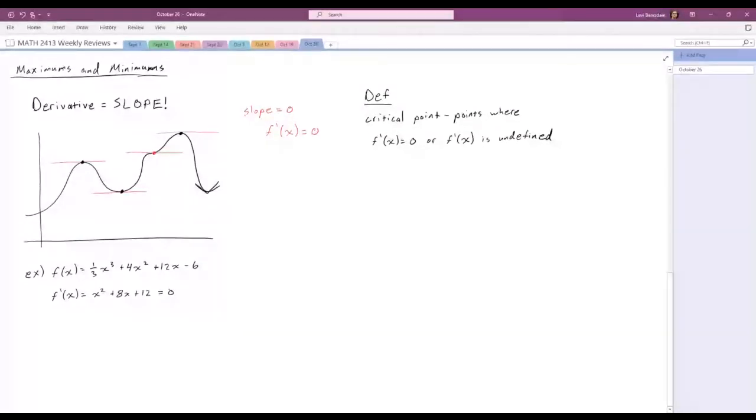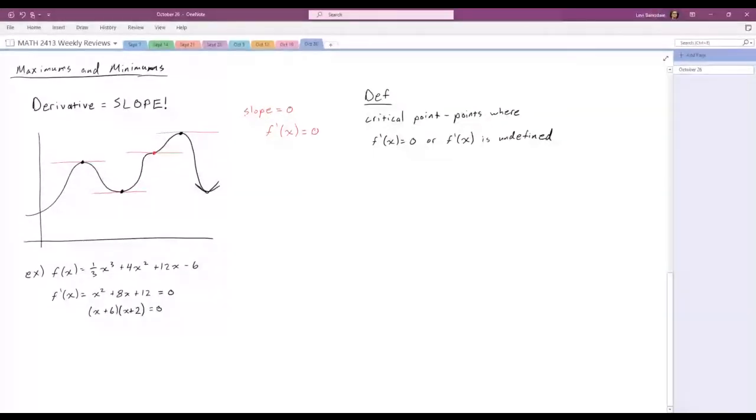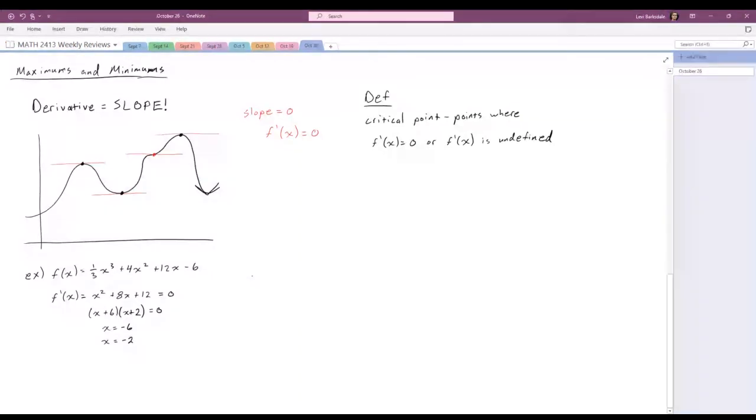In this case, I'm going to go ahead and factor my x squared plus 8x plus 12 to get x plus 6 times x plus 2 equal to 0. And then I can really easily see that the two x values I'm looking for are x equal to minus 6 and x equal to minus 2. So these are the points where I can potentially have a maximum or a minimum. Now I simply need a way to figure out whether it's a maximum or a minimum. One method that I like to use is just make a little number line